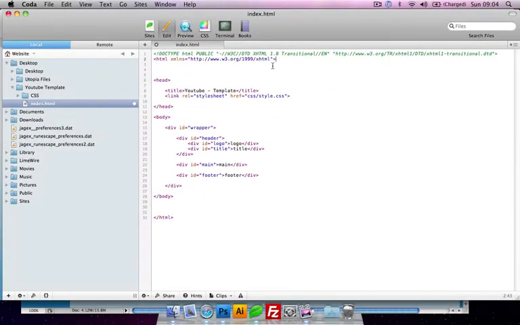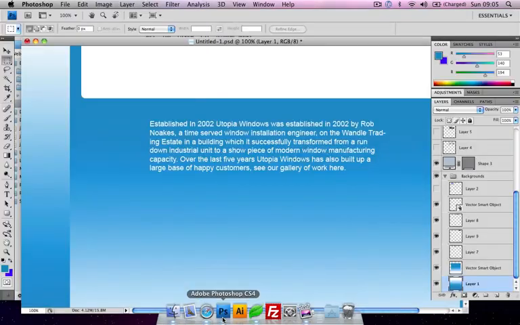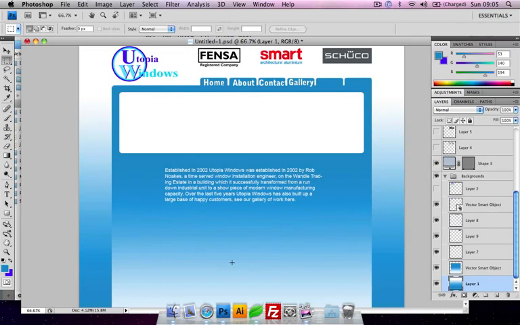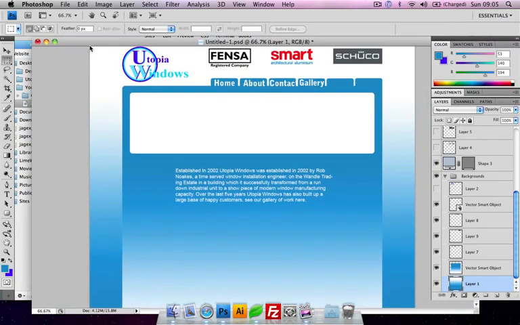So once you've put your doc type in, we're going to make all our div tags that will be for the website. Now, I may get some of this wrong, so you have to bear with me. What you've got to basically do to create your div tags is know what's going where. So I'm obviously going to have a div tag up here, if I can highlight that. One will be here, and then there'll be loads inside, like one here,